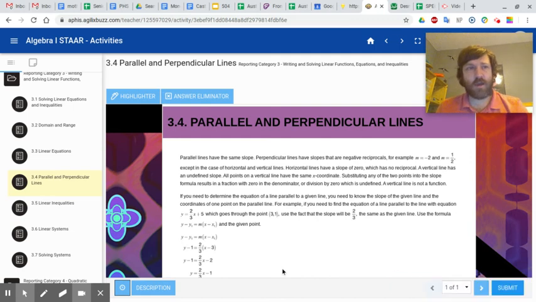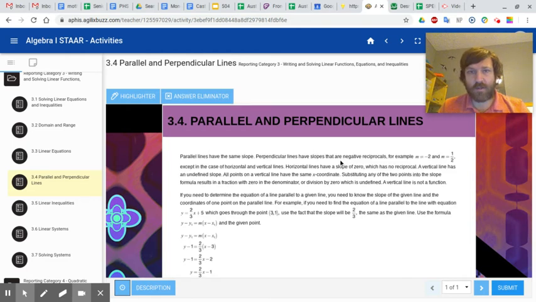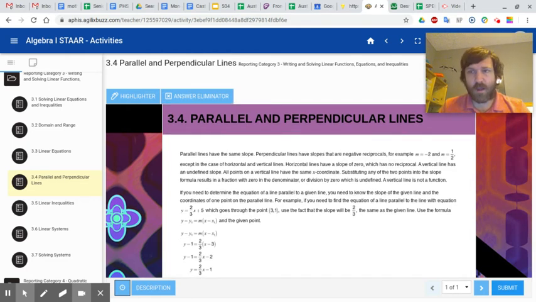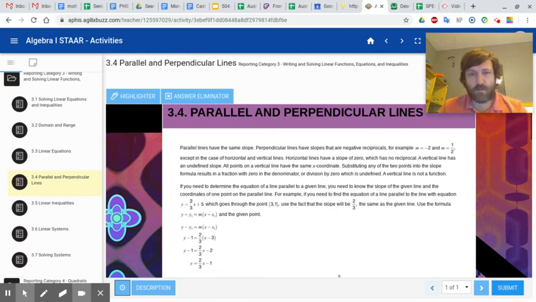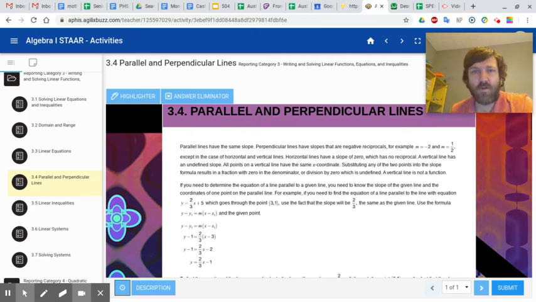Okay, this is the Algebra 1 STAAR study guide, lesson 3.4 video. And we are going to be looking at the parallel and perpendicular lines lesson. What this is really dealing with is how we tell if two linear functions are parallel or perpendicular to one another. The basic idea here, if you remember what these terms mean, is parallel lines are